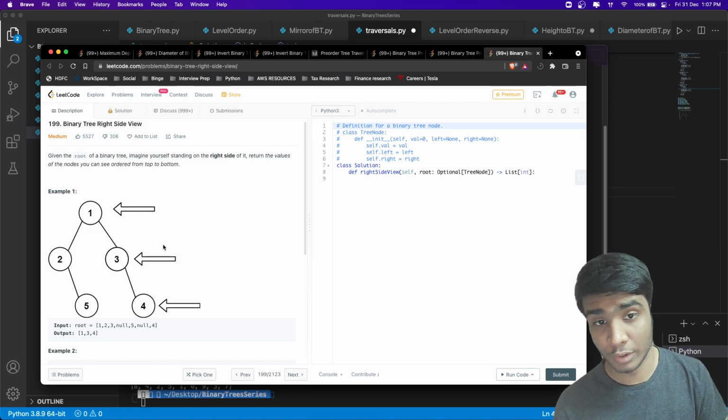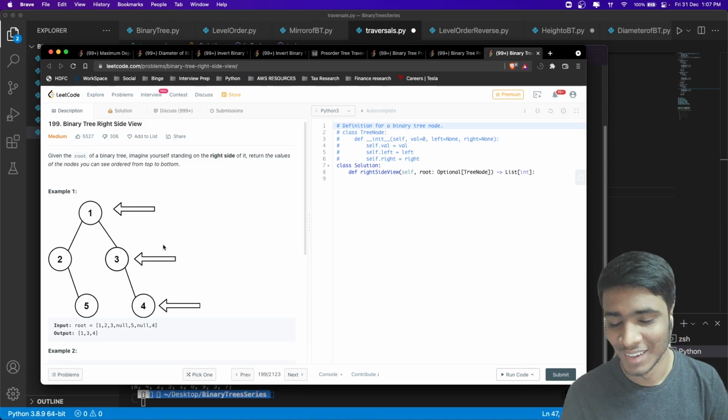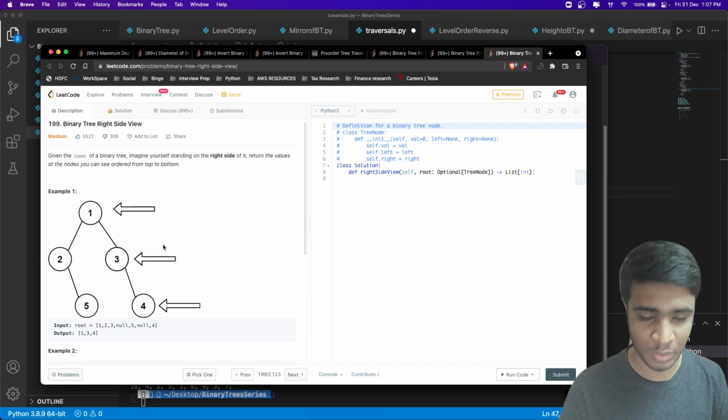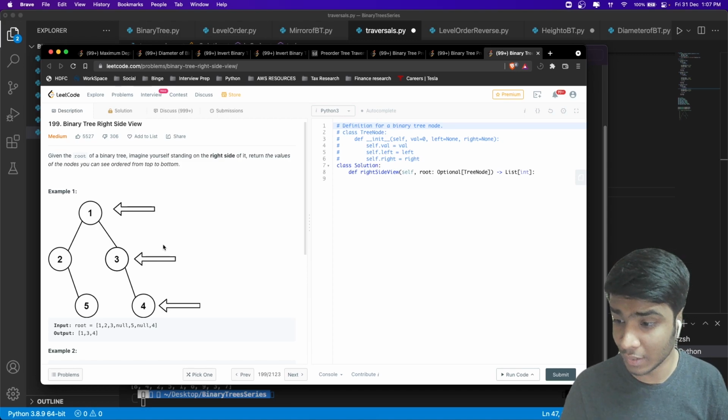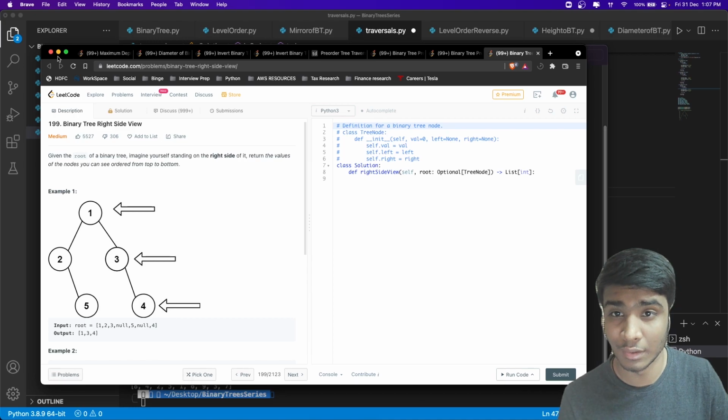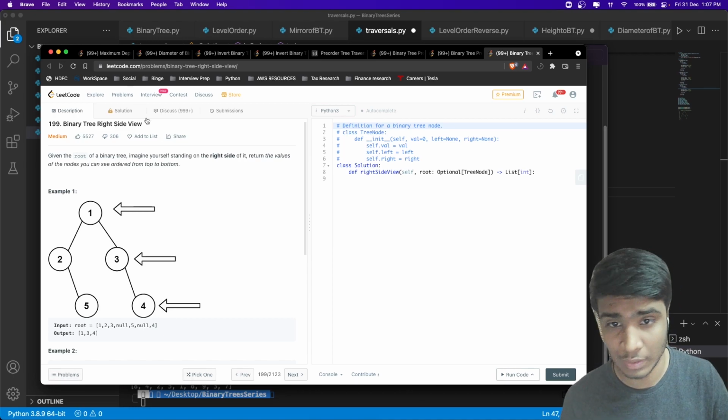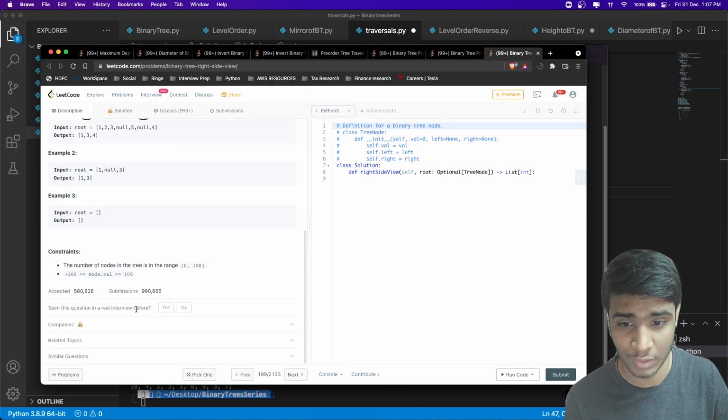they are being blocked, right? These are all 2D elements, but you have to think of it that way. So right side view is like printing all the right elements, right? This is an interesting problem, and there is a pretty good chance that this question is asked in interviews like Amazon, Microsoft. I'm pretty sure this is under the tag of Amazon.